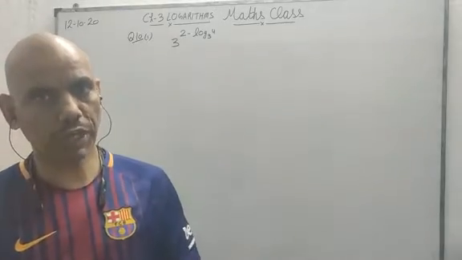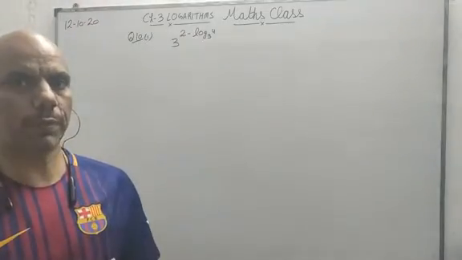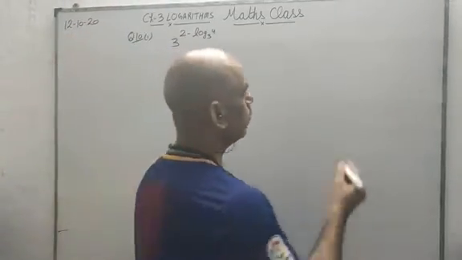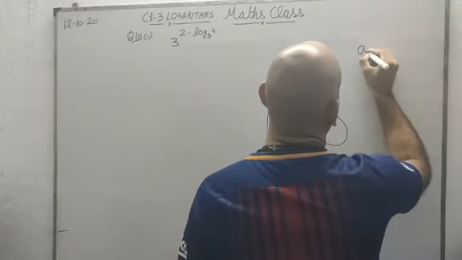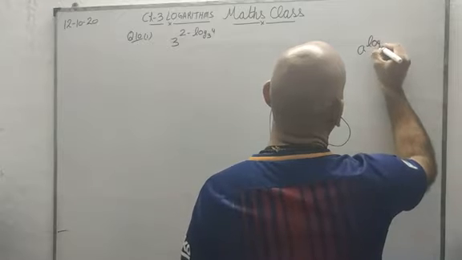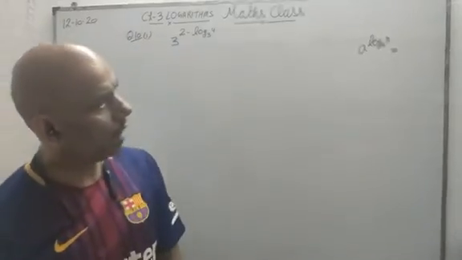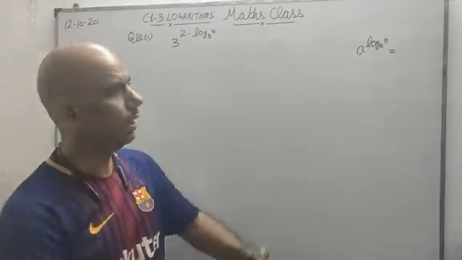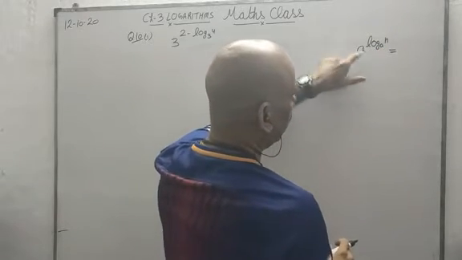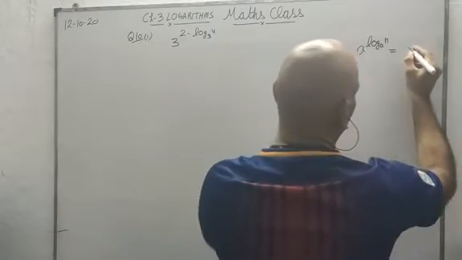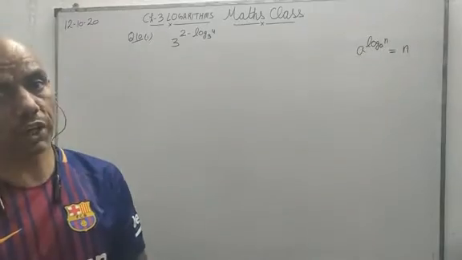Now onwards we are going to utilize two properties more often. We will use the various other properties which you are using, but we are going to use these two properties most. One is a to the power log n base a. If the base of the power and the base of the log are the same, then we are going to get n. This is one property which will be used very often now.